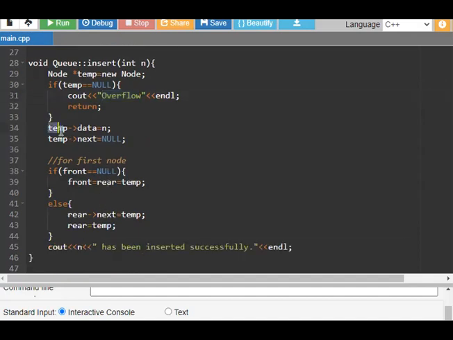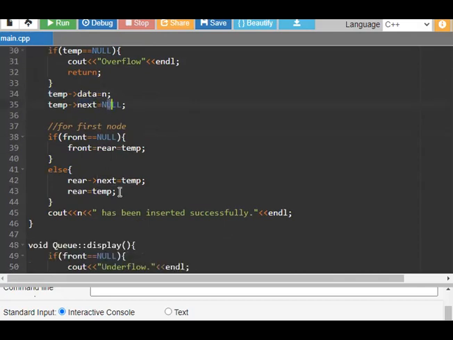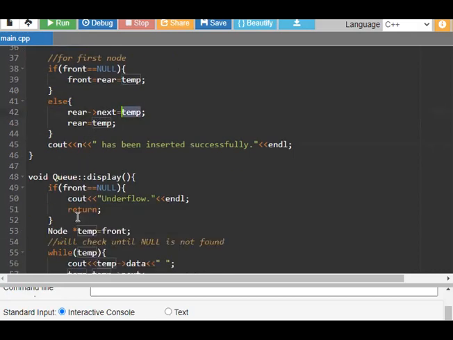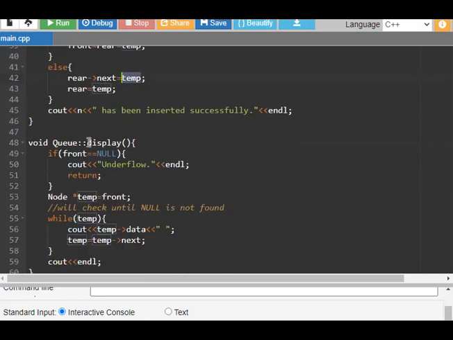Otherwise, to the temp data we enter the new value into the data field, and temp's next will be assigned null. For the first node, we check if front equals null, and then front equals rear equals temp is assigned. Otherwise, temp is assigned as rear's next. Then we have to display the value.